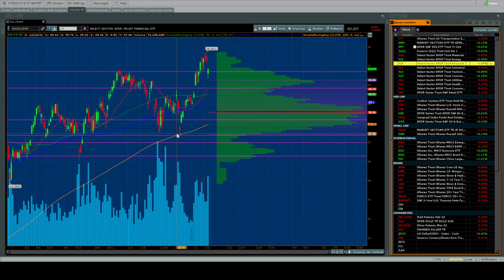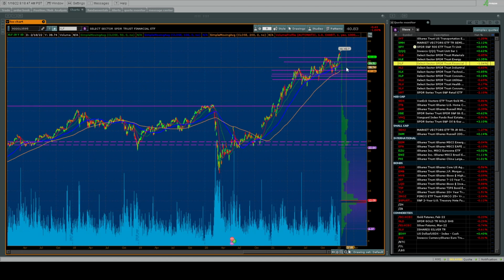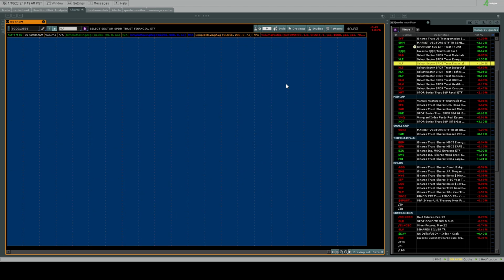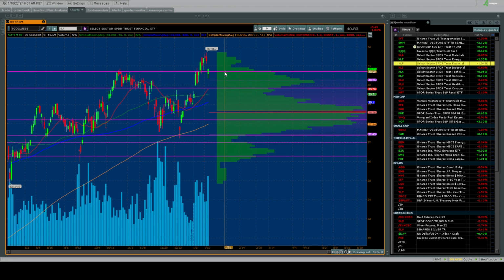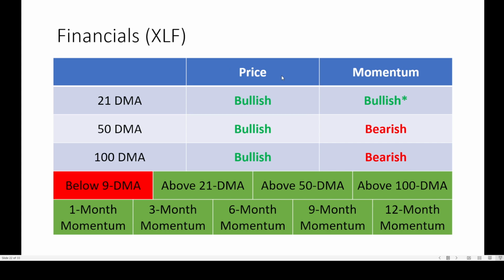And you can see it came down, tagged the 200-day moving average, just like crude, and just went and hauled straight up vertical, breaking out to new all-time highs. At least I believe that is. Yes, indeed. New all-time highs as everyone's bullish on the banks lending when people actually have less money. And then we see a gap down Thursday. Friday, buyers come into the supply zone. The banks, as they report earnings, should be able to start buying their stock back soon, which I know a lot of people are eager for them to do to hold prices up there.